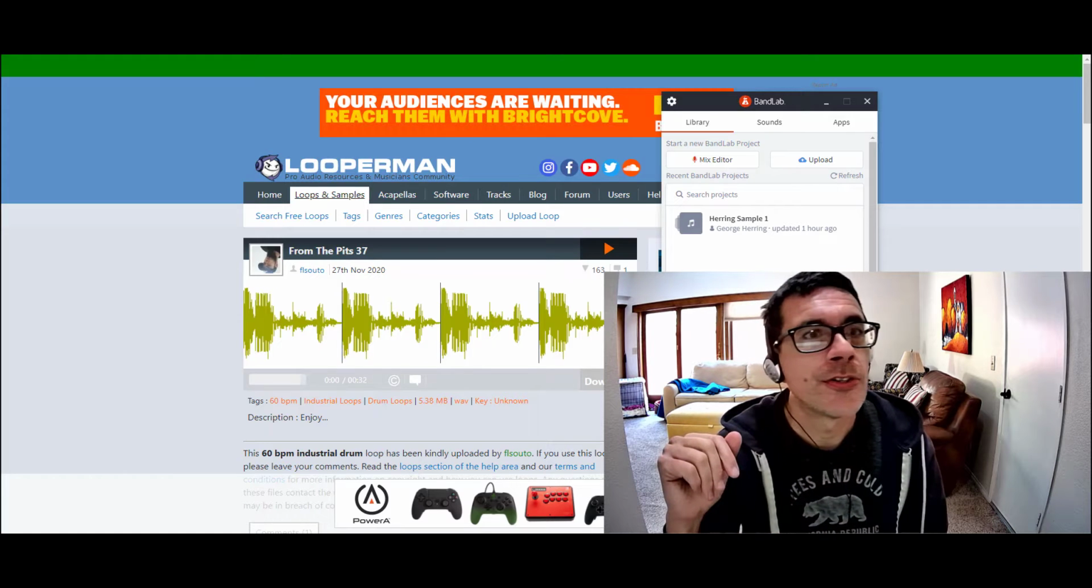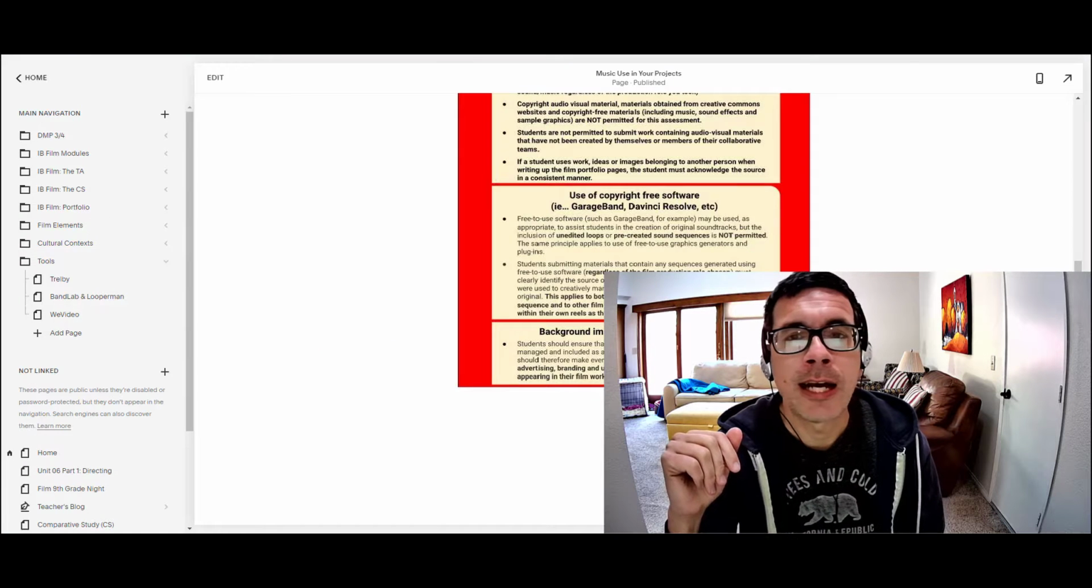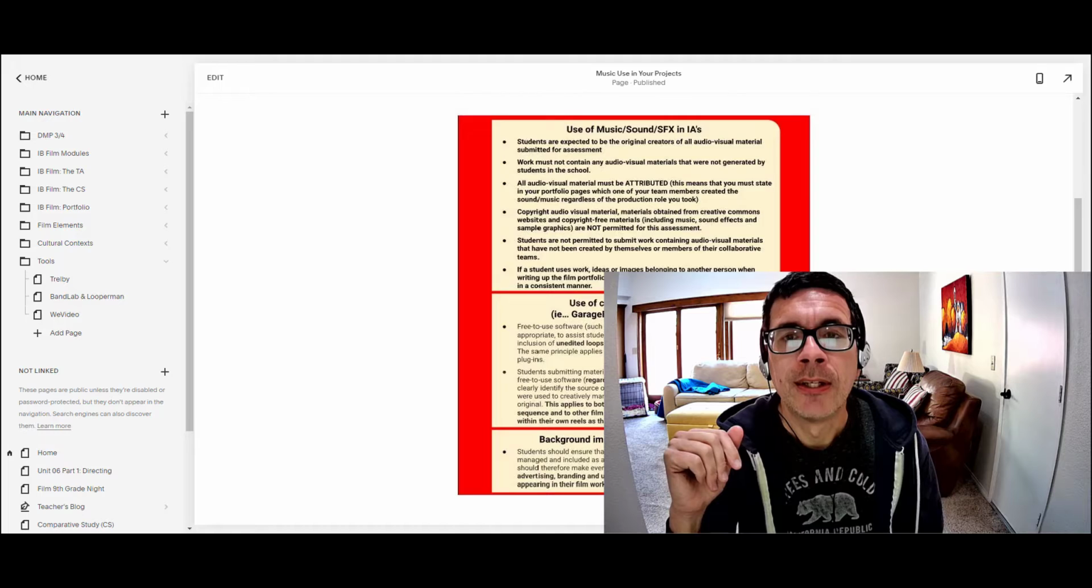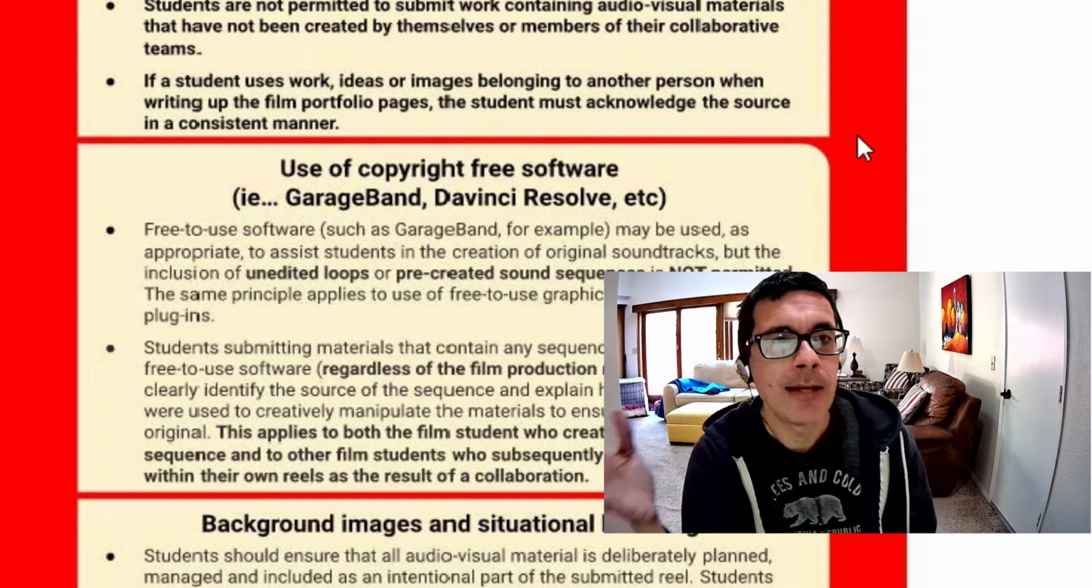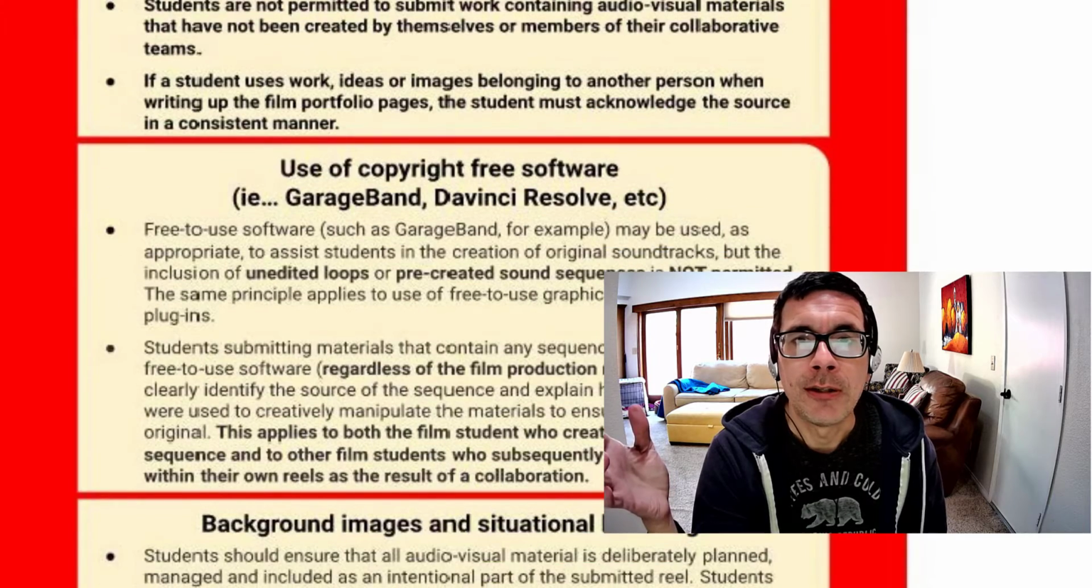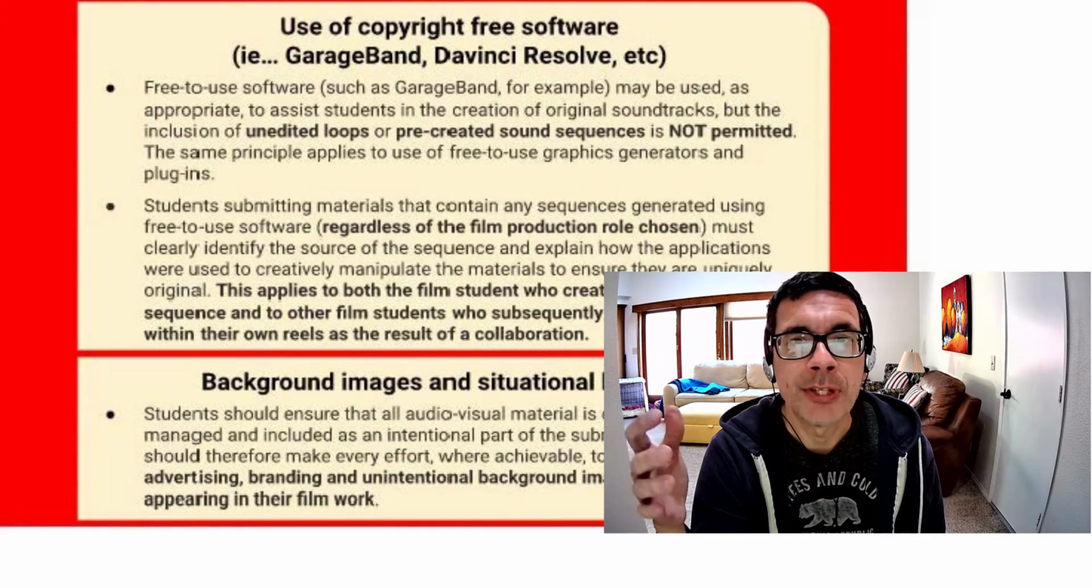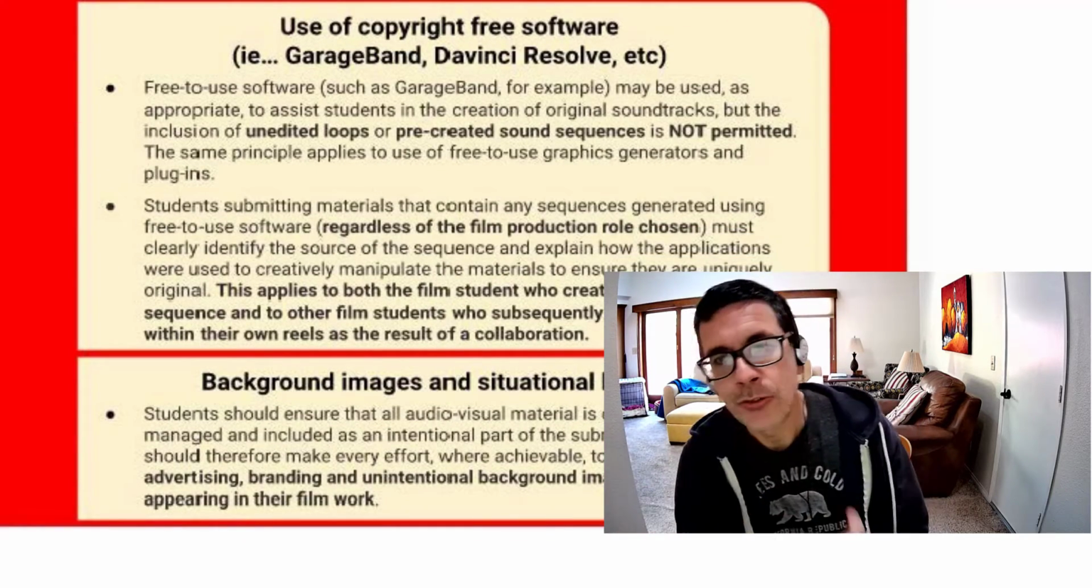I want to just start by looking at our IB website here. They have very specific rules about music use. You are not allowed to use music that has been pre-created. So we're going to be using